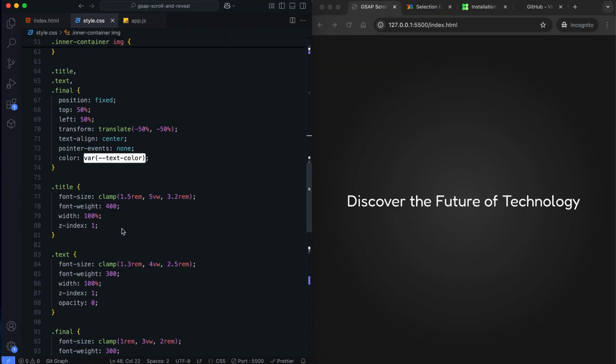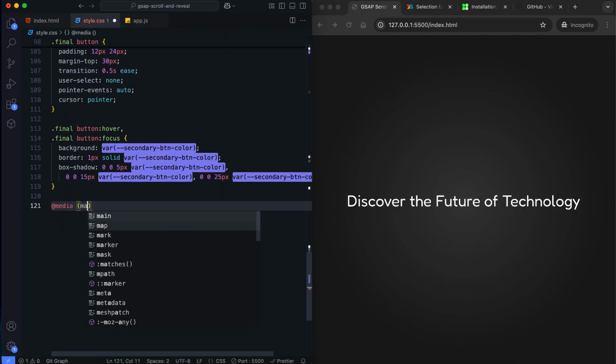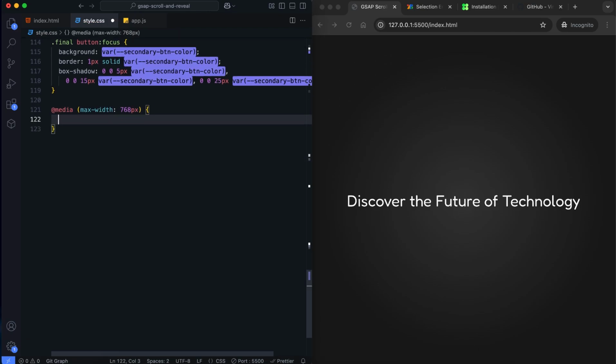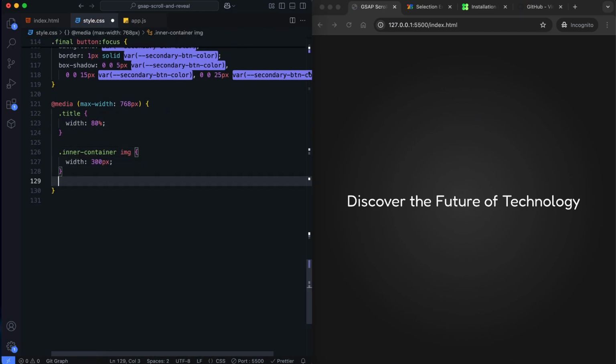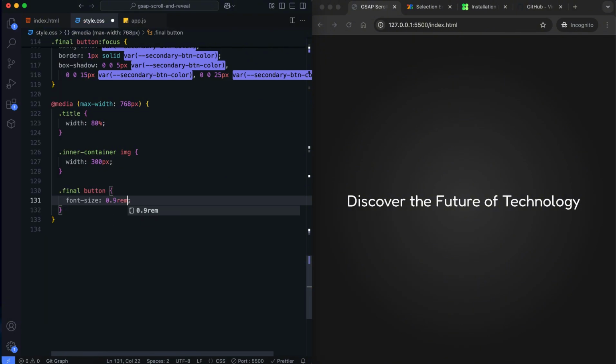Now let's make the design responsive using media queries. We reduce the title width, adjust image sizes, and resize buttons for screens smaller than this.